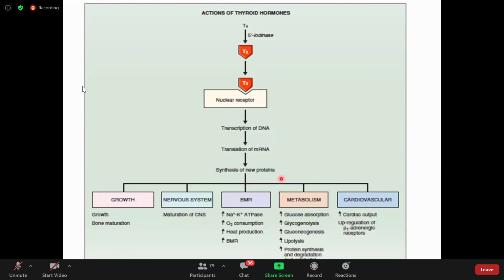Now, we have talked about the regulation, and we are moving towards the functions of the thyroid hormone. What does thyroid hormone do in the body? That's also very important. And then finally, we are going to move towards